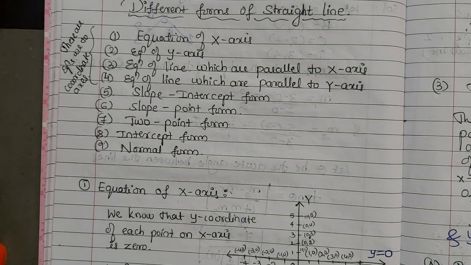tan theta is equal to m2 minus m1 divided by 1 plus m1 into m2. If this expression is positive, then we have tan theta is equal to positive, and we know that tan is positive in first quadrant, therefore theta lies in first quadrant, and hence theta is acute. If that expression is negative, then we have tan theta is equal to negative. So we know that tan is negative in second quadrant, therefore theta belongs to second quadrant, and hence theta is